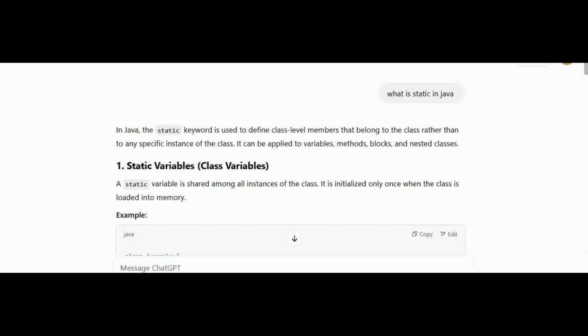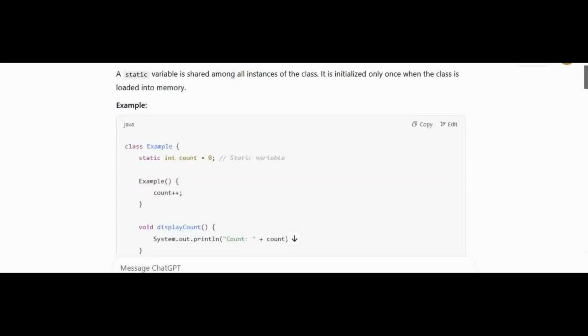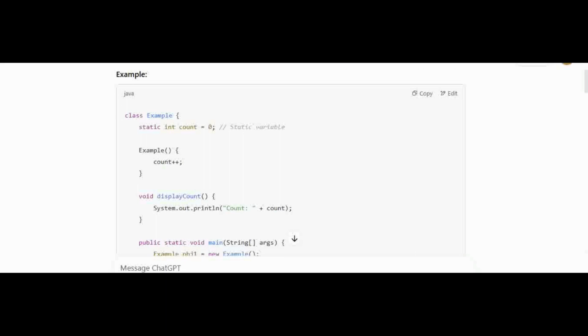Now let's look at the example. We have the Java class Example { static int count = 0; // static variable. Example() { count++; } void displayCount() { System.out.println("count: " + count); }